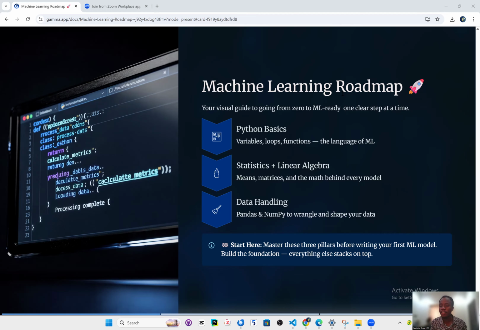Under linear algebra and statistics, we're going to be talking about means, matrices, some calculus, partial derivatives, and the maths behind every machine learning model that we are going to be talking about. And then the next thing is going to lead you into